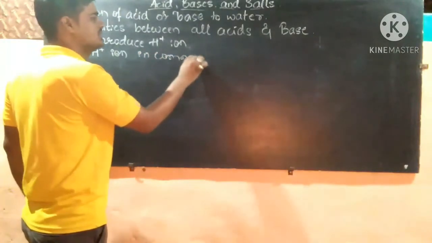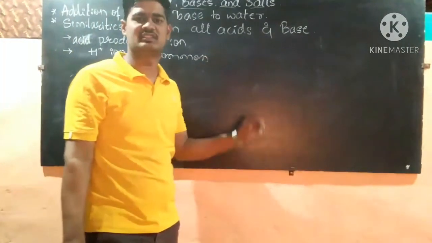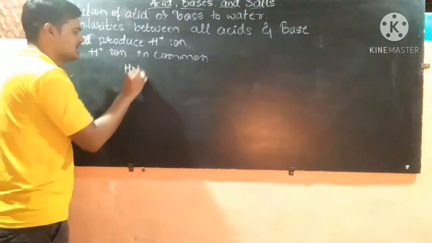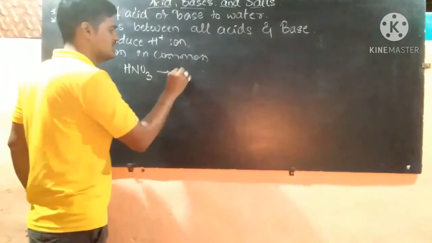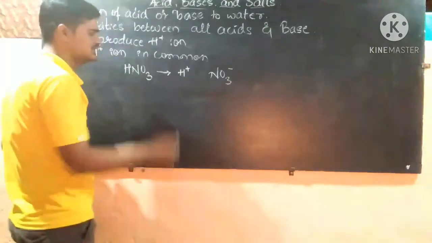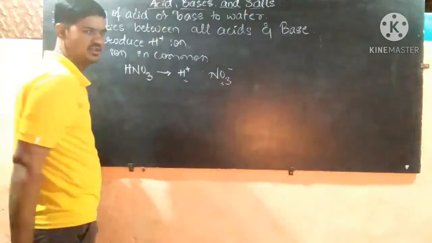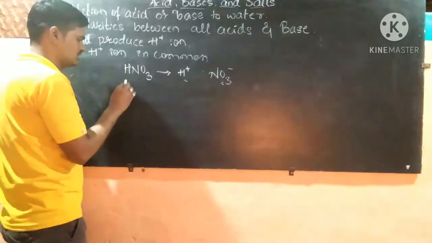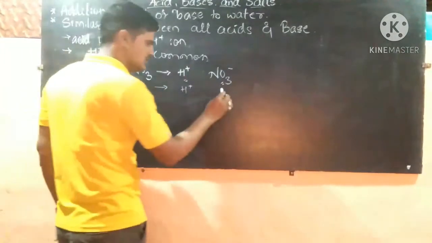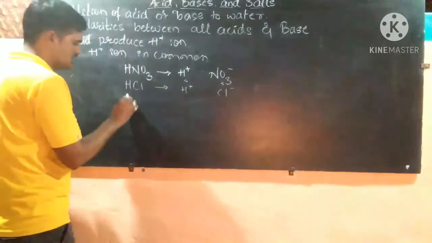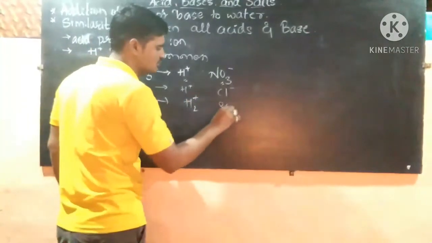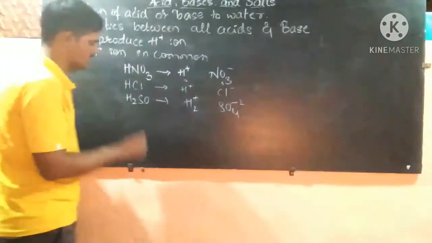How is this H plus ion common in all the acids? We will take some examples of acids and then we will study. Here I will take nitric acid, HNO3. It is having H plus and NO3 minus ions, that is cation and anion. This is a radical. And then HCl, it is also having H plus ion in common and Cl minus ion. And H2SO4, it is having H plus and SO4 minus, and